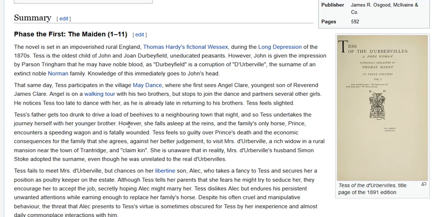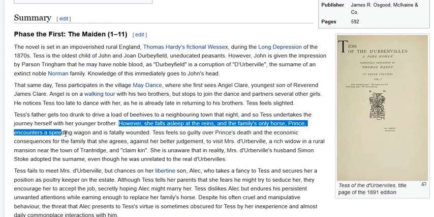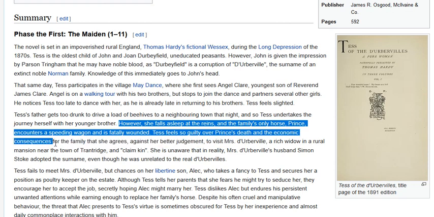However, she falls asleep at the reins, and the family's only horse, Prince, encounters a speeding wagon and is fatally wounded. Tess feels so guilty over Prince's death and the economic consequences for the family that she agrees, against her better judgment, to visit Mrs. D'Urberville, a rich widow,